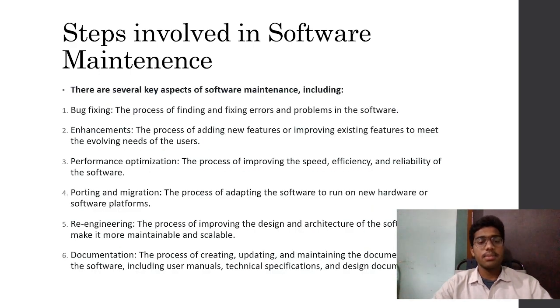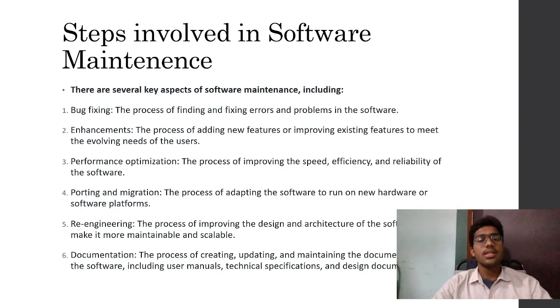There are some steps involved in this maintenance. There are several key aspects of software maintenance. The foremost one is bug fixing: the process of finding and fixing errors and problems in the software. Next is enhancements: the process of adding new features or improving existing features to meet the evolving needs of